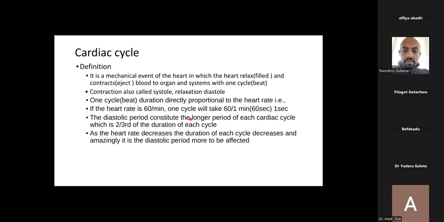So if you are given a question in the exam, for example, what is the duration of the systole in a patient who has a heart rate of 60 per minute? How much will it be? It is 1/3, right? So 2/3 is the diastole. So 0.33 second is the duration of the systole, and 0.66 is for diastole. So it's easy to calculate. You might be asked during the exam. Okay, this is one thing.